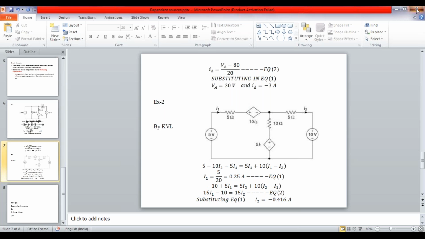And simplifying this one for this equation here. Now, from the first equation we can substitute the first equation in equation number 2, or solving equations 1 and 2 we can get the I1 and I2 values in a simple manner. It's clear, so that dependent sources can also be solved by using simple circuits also.